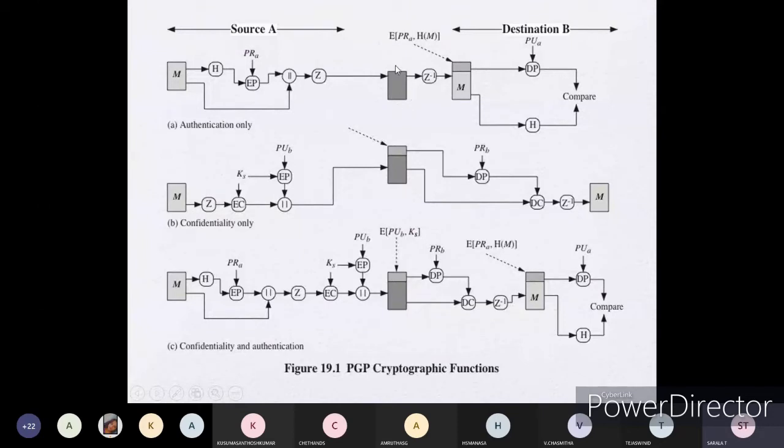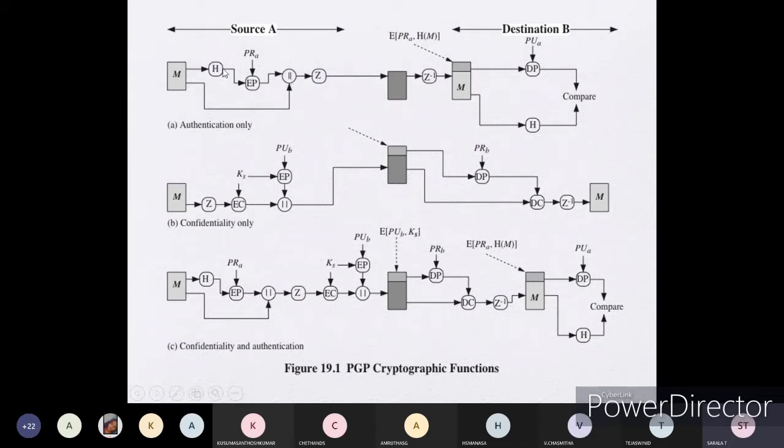After that, through the internet you are transmitting towards the destination where the message is taken and you have to decompress it. Z inverse is the decompression method. After decompressing, what you get is the message concatenated with the encrypted message. That's why you can see that the message is there, and with that you have the other part, that is the part encrypted with the private key, your hash function message.